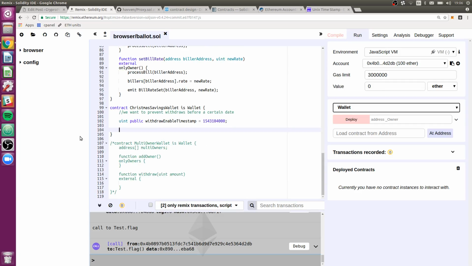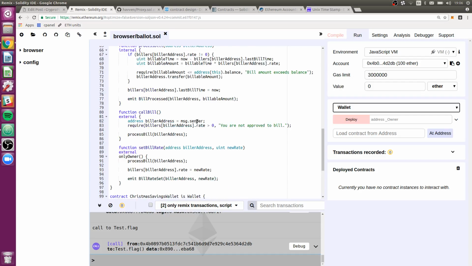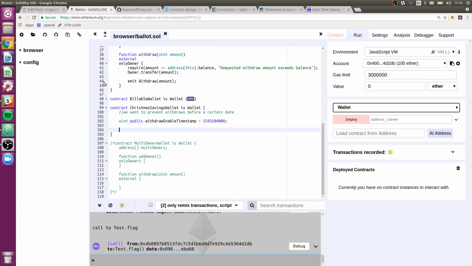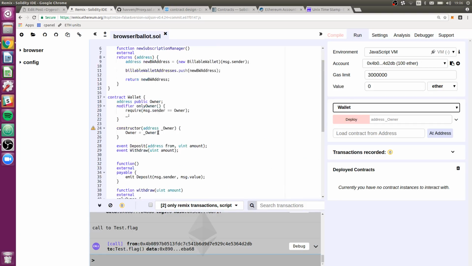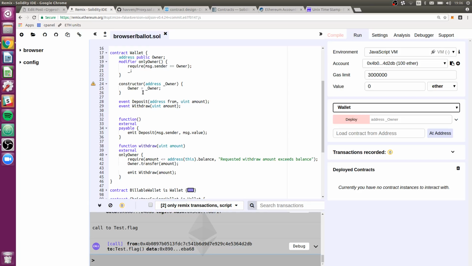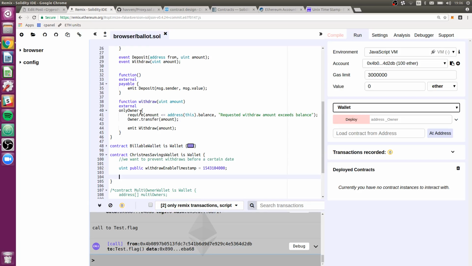Okay, and then let's see. So now what we want to do, I think the only thing we'll have to do is just overwrite the withdraw function. Oh, nice, I can collapse that. That's great. I love it when you can do that. So here's our wallet functionality. We just need to overwrite the withdraw function. And it's external. And then